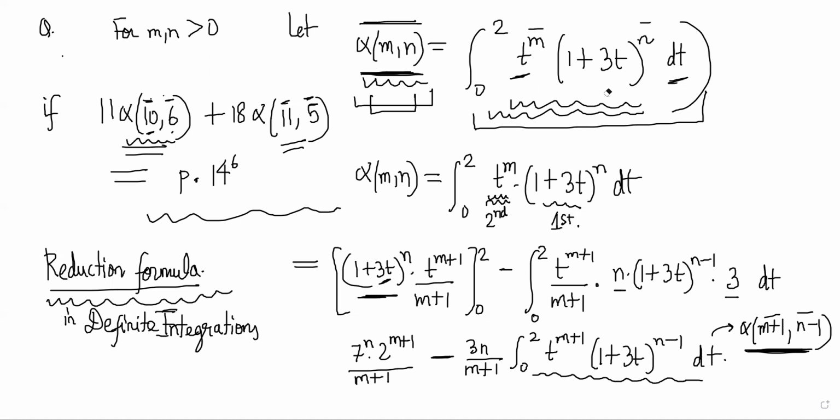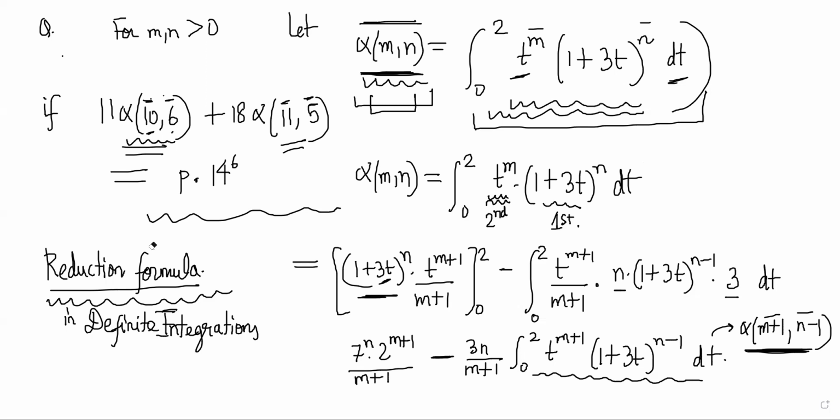यशवंत समझ में आ रहा है कुछ? यस सर। सर n का वैल्यू छोटा है ना, अब इसको जल्दी 0 बना सकते हैं। नहीं, वो तो क्वेश्चन के बारे में अभी नहीं सोचो, अभी जनरल प्रोसेस समझ में आ रहा है क्या कर रहे हैं? यस सर। अगर तुम n टाइम्स यही प्रोसेस को रिपीट करोगे तो n माइनस n हो जाना चाहिए ना फाइनली, और साइड में हो जाना चाहिए अल्फा m प्लस n। यस सर। तो वहां पे हो जाएगा t पावर m प्लस n और ये वाला वैनिश कर जाएगा, तो लास्ट स्टेप में तो आंसर आ जाएगा ना वो।